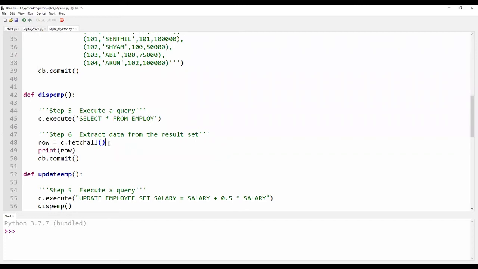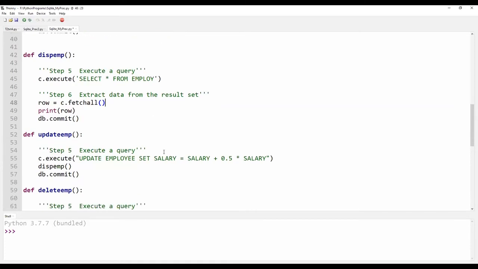From the workspace, I fetch all the data present there, and it gets stored in a variable called row. Row is a list object here, and when I print it, all 5 records will be displayed onto the screen. Then I commit the connection.